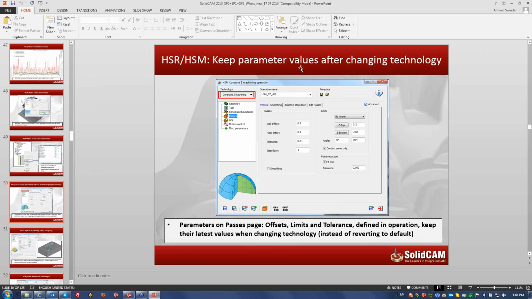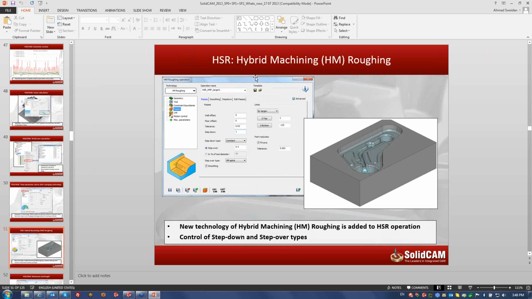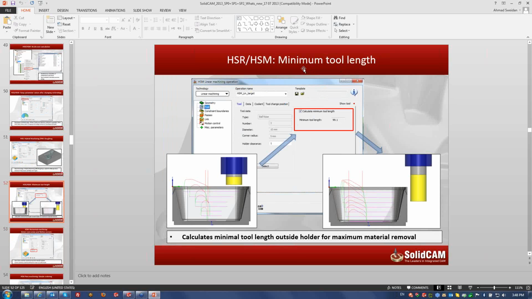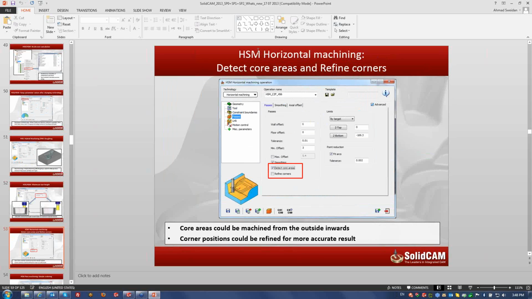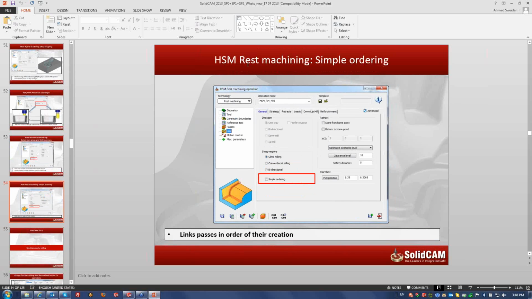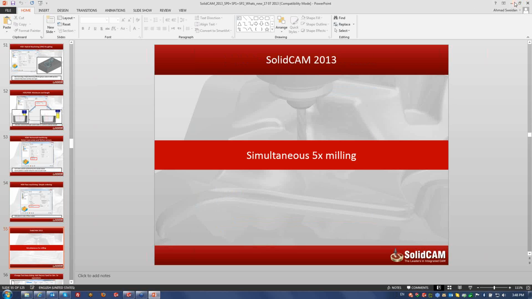We talk about keep the parameter value after change technology, and you see this. I show also the hybrid machining, HM roughing inside the HSR. I show also how the minimum tool length is working. I show in the horizontal machining the new option detect core area. Also, we add symbol ordering. You know the symbol ordering. Now we have the symbol ordering in the rest machining. And okay, this is